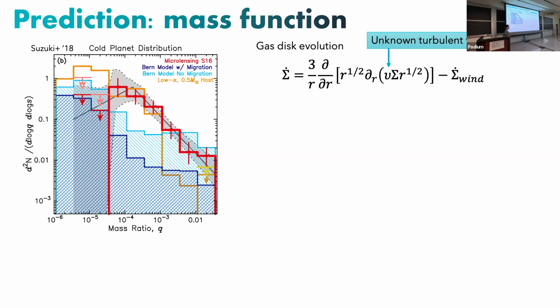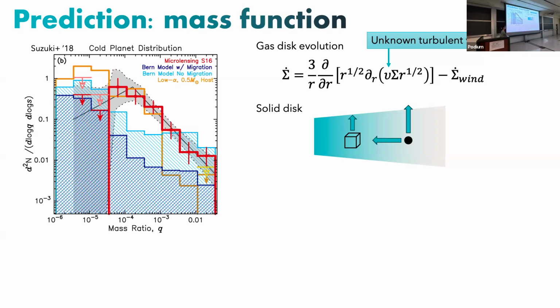Once you have this gas disk evolution, concurrently, you need to also evolve the solid disk as those solid grains react to the gas evolution. And if you have a smooth disk, the gas parcels are going to move more slowly than the dust grains because of that pressure gradient force. And that's going to cause an inward radial drift of the grains because of the angular momentum transfer from the